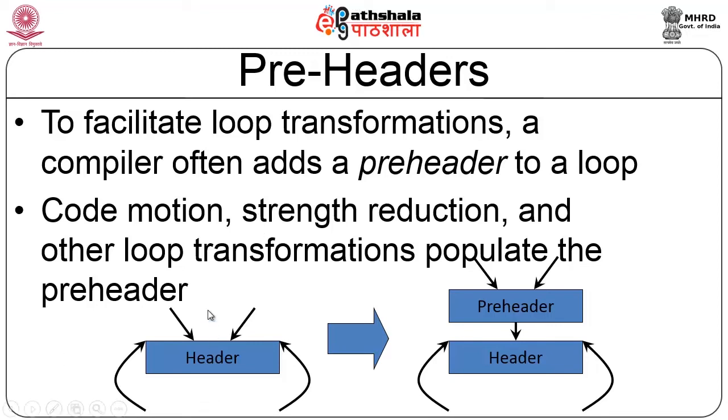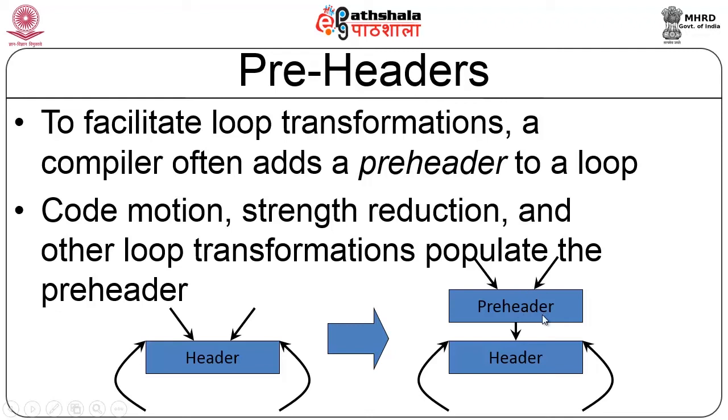If you remember, supposing I have done some computation here, and this is a loop, so this is the target of a jump. Supposing one particular expression is computed, and the variables involved in the expression haven't changed, then it need not be computed every time. Rather, we can move that computation to the pre-header, where it is computed only once, and the result is used here for branching. So that is why we need a pre-header here.